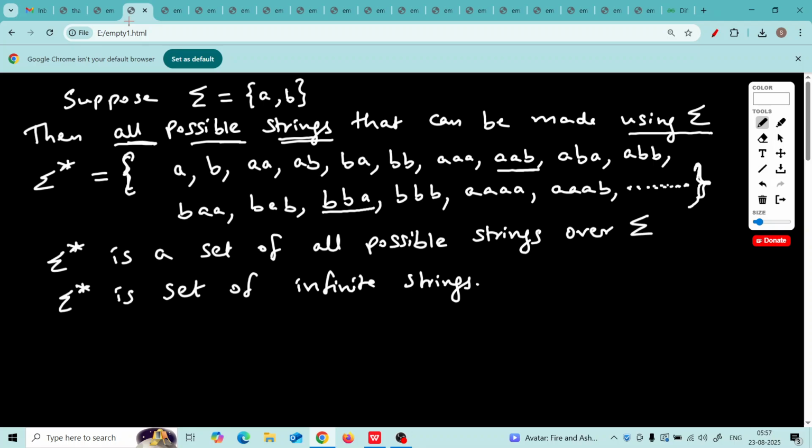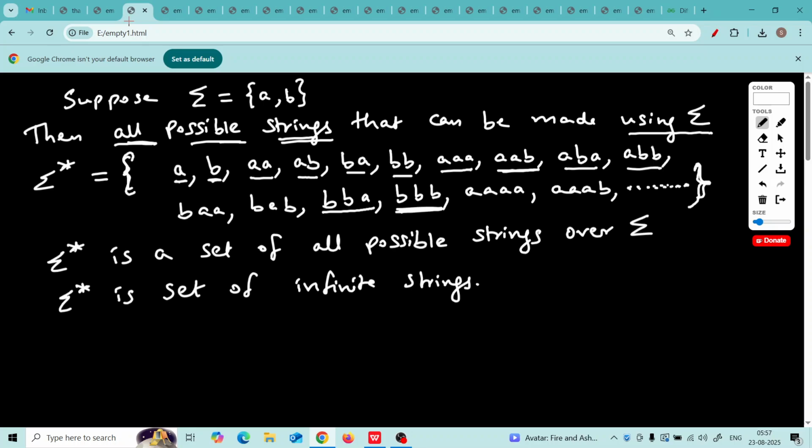What we do usually when we write sigma star, we write all possible strings of length 1. Take only A, it's a string. Take only B, it's a string. So, A is a string, B is a string, length 1. Then we take all possible strings of length 2. So, AA, AB, BA, BB. Then we take all possible strings of length 3. So, AAA, then AAB, then ABA, then ABB and so on up to BBB.